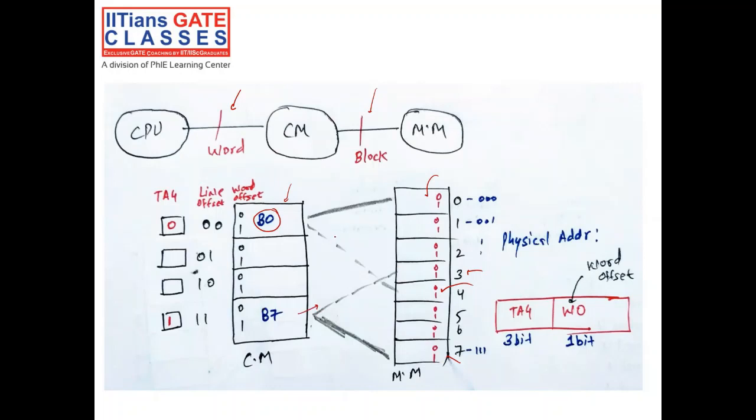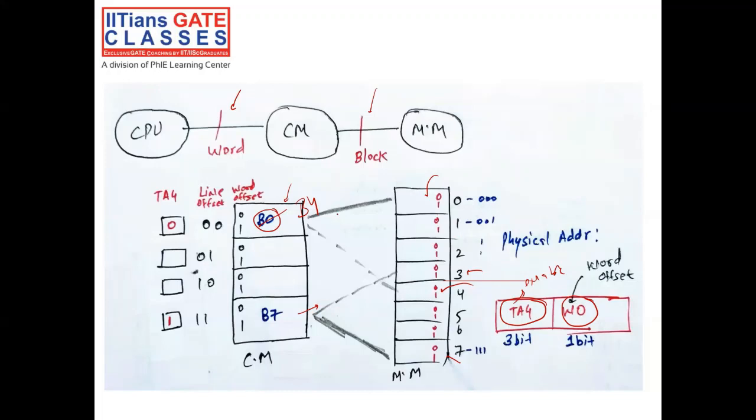Let's say the next instruction comes and the CPU tries to execute it. When the CPU generates the request and is asking for block 4, then we need to replace this block, like this, right? And what will be the physical address? The physical address will be your word offset, which will point to the byte inside the block, and the remaining will be the tag bit. This tag will enable the address line of the block in the main memory, right? In the main memory, similarly, right?